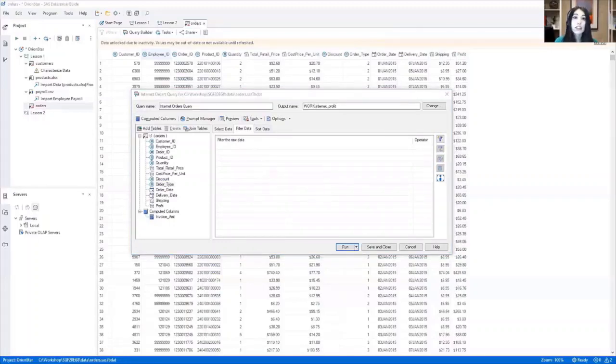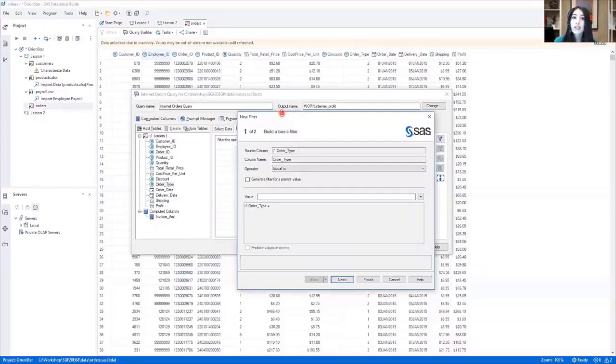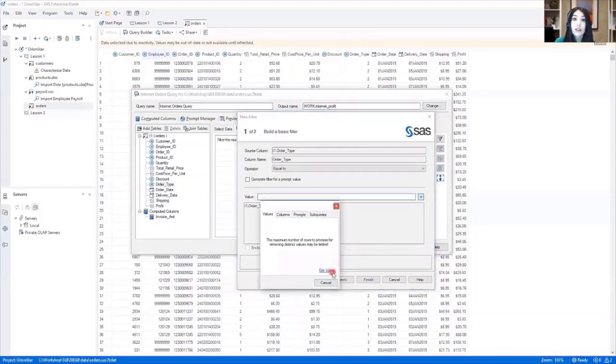This is going to start the new filter wizard. And again, just 2 quick steps in order to create this filter here. I want the order type to be equal to, and I want it to be equal to 2 for internet orders. Now you could type in a value of 2 here, or you can actually retrieve the value from the input table. If you click on this down arrow here to get values, and then click on the Get Values